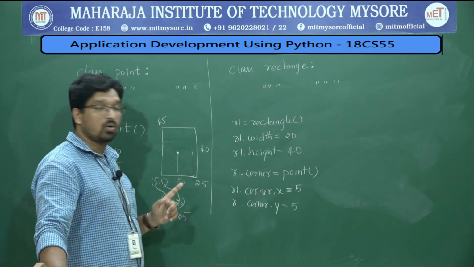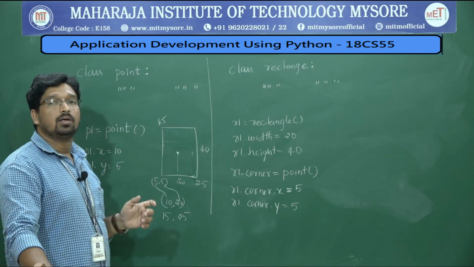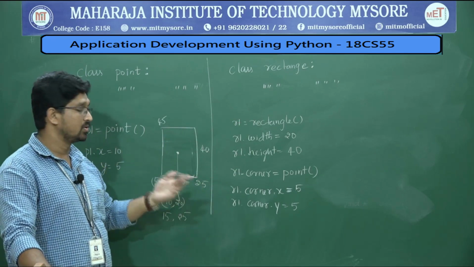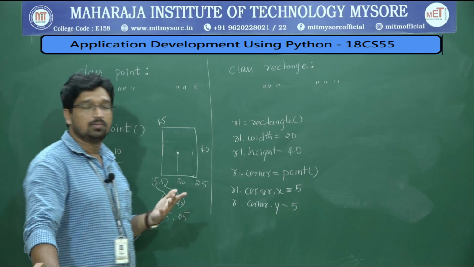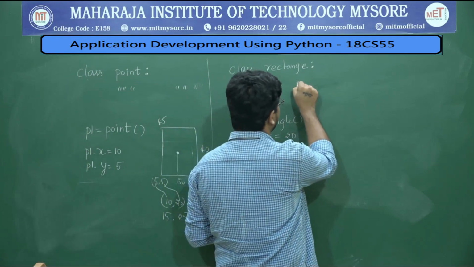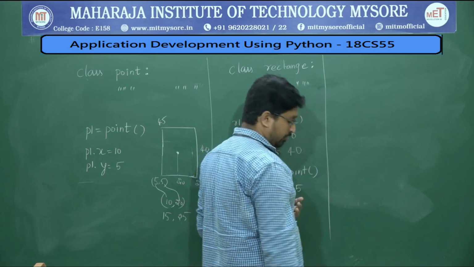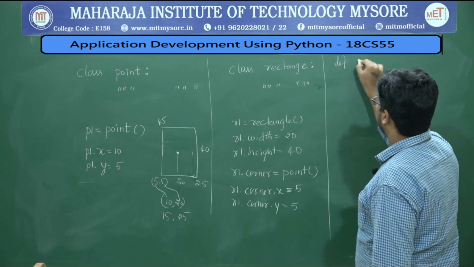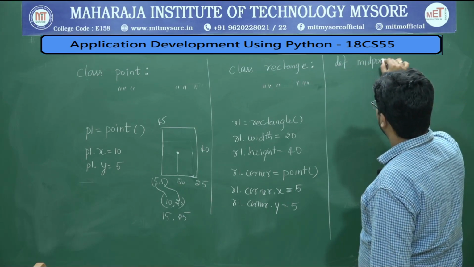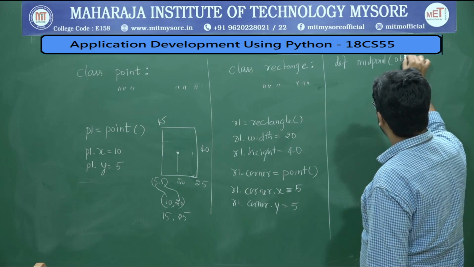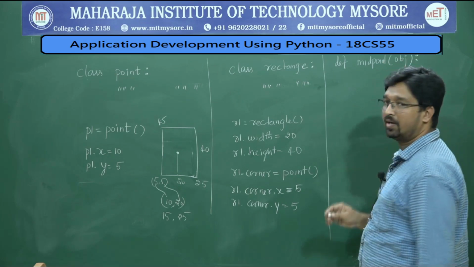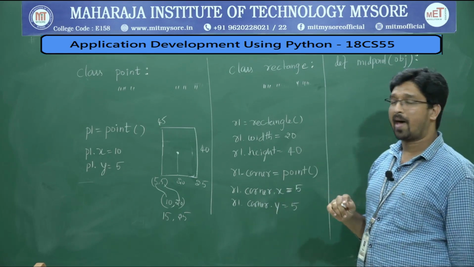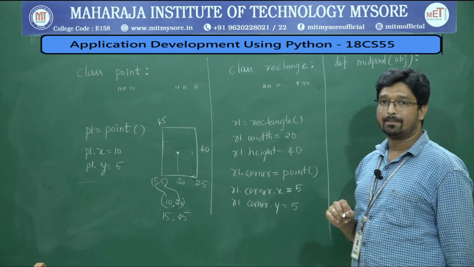For that we need to write code to find the midpoint of any rectangle. If you pass R1 or if you pass R2, R3 with different values, still your program should be able to find the midpoint. So let me write. For that again we need to consider a definition, midpoint. Let us consider obj. So here we are not declaring any data type for the parameter. So we are simply having obj, right.